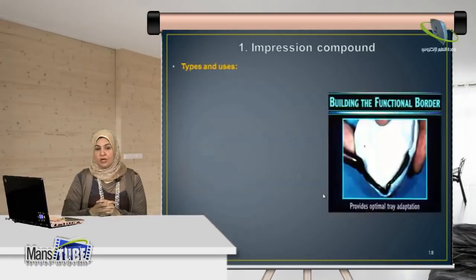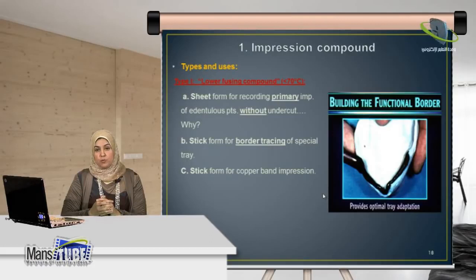Now, what are the types and uses of impression compound? Firstly, we have type 1 impression compound, called lower fusing compound, and it has a fusing temperature below 70 degrees Celsius. We have three forms of this, three uses of this material. The sheet form, which we saw before, is used for taking a primary impression for an edentulous patient and without